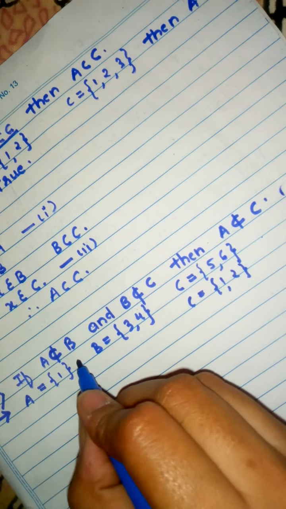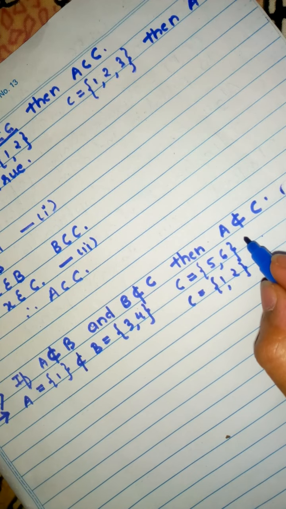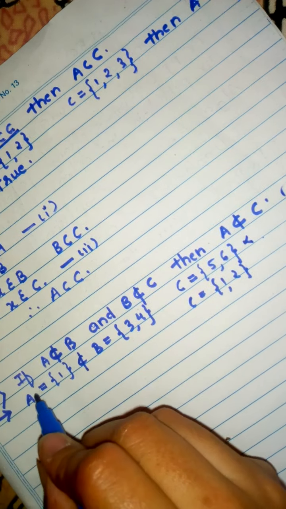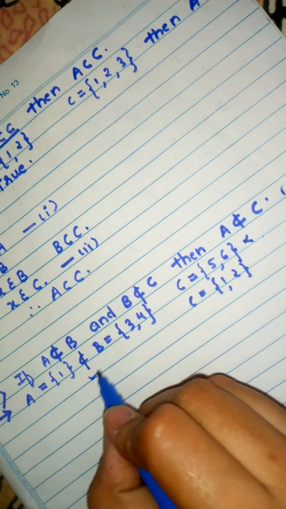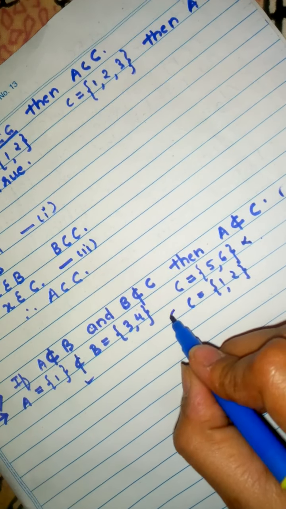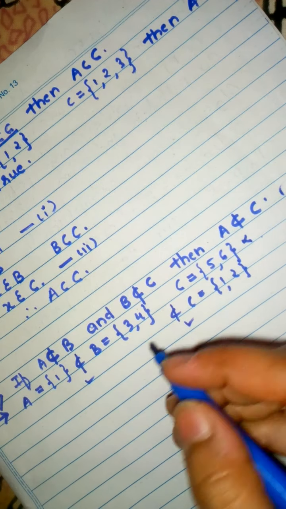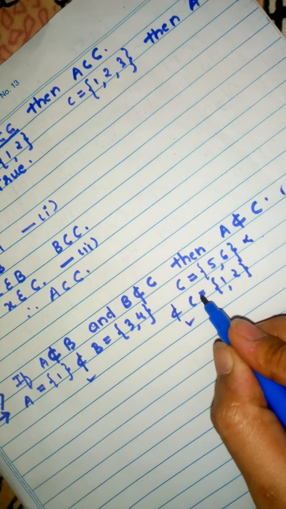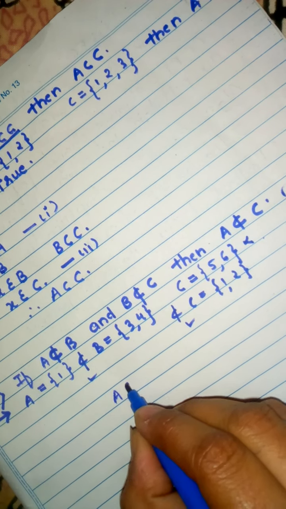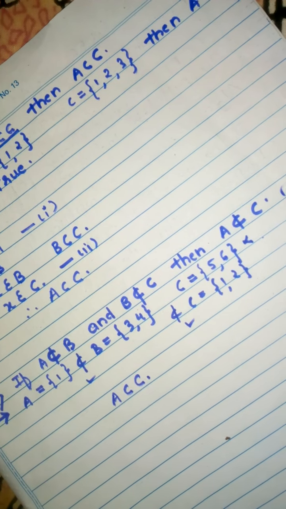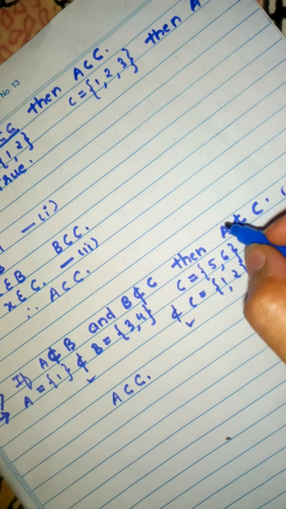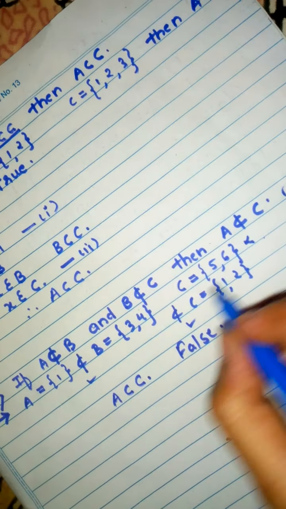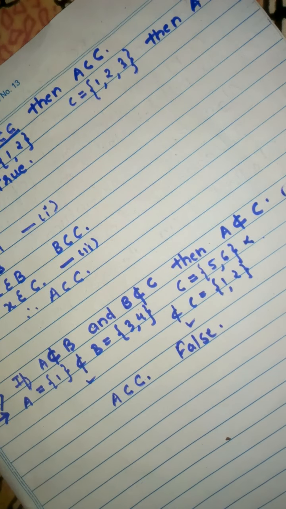If A is not a subset of B, I am not talking about this example now. In the place of C, suppose I take {1, 2}. Now here A is not a subset of B, this is true. Then B is also not a subset of C, this is also true. Then what you should get is that A is also not a subset of C, but here what you are getting is that A is a subset of C. So therefore the given statement is false with this example. I hope this is clear.